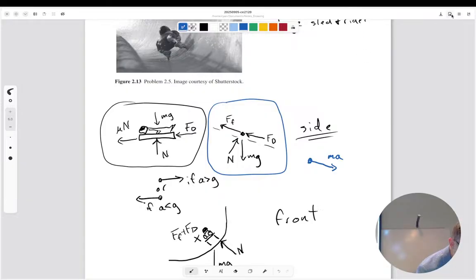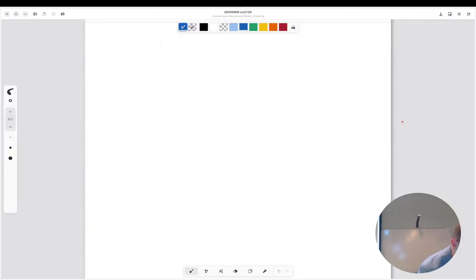And just for my own sake, let's think about a simple case. I mean, it's not super simple, but we're going to say there's a normal force, there's gravity, and let's put drag on there too. So I'm just going to ignore